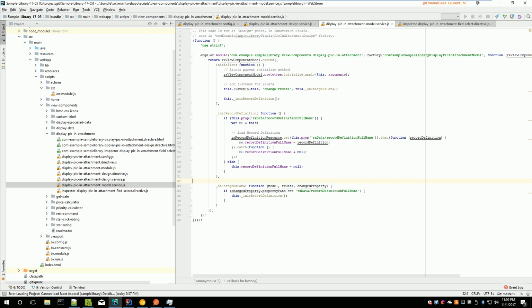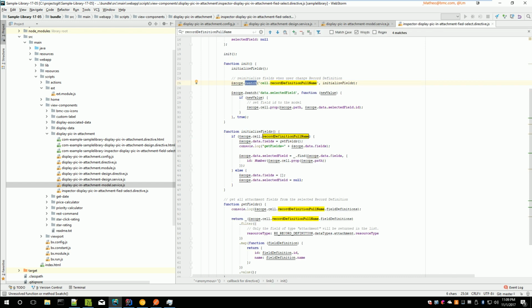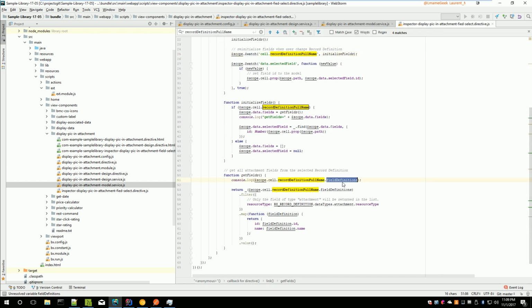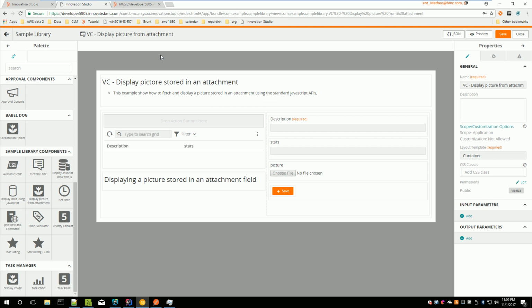we saw in the last video, meaning that each time the record definition full name is modified, we are going to get the record definition resource. And the record definition resource, we are storing it in record definition full name. That's why in record definition full name, you have the field definitions. So if we are looking at